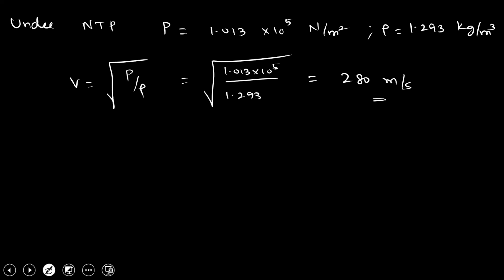When you calculate everything, it will be approximately equal to 280 meters per second. But in reality, the speed of sound in the air medium under NTP is actually not 280 meters per second. Rather, it is somewhere around 320 to 330 meters per second. So if you take that practical value of 320 or 330, let's take 320, and calculate the error, then the error will come out to be somewhere around